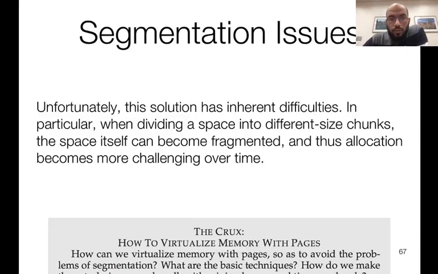As you can see from this previous explanation, segmentation has issues. It's very difficult to actually do best fit, first fit, next fit, or worst fit implementation. It's quite heavy in terms of the computational power you need to just do a simple allocation. The allocation complicates things very much, and at the end of the day you will end up with fragmentations